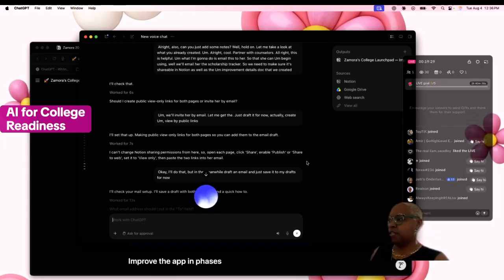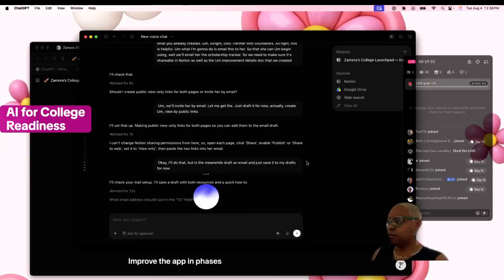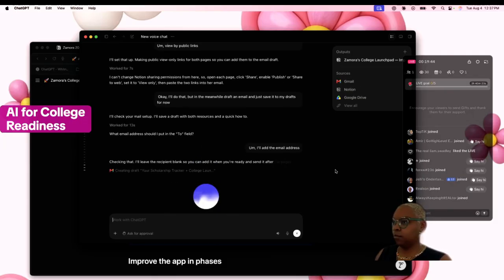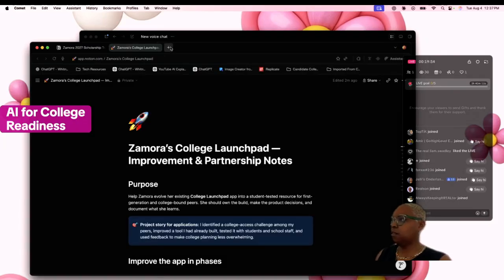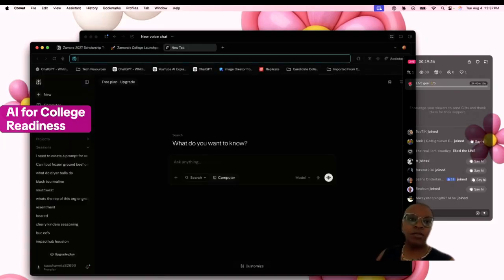I'll add the email address. Checking that. I'll leave the recipient blank so you can add it when you're ready and send it after the pages are published. The draft is saved with both Notion links and no recipient. Thank you kindly. Yeah, just a moment.